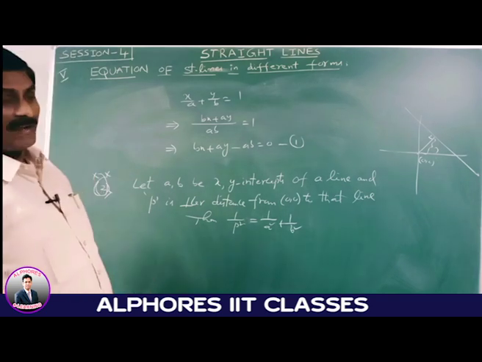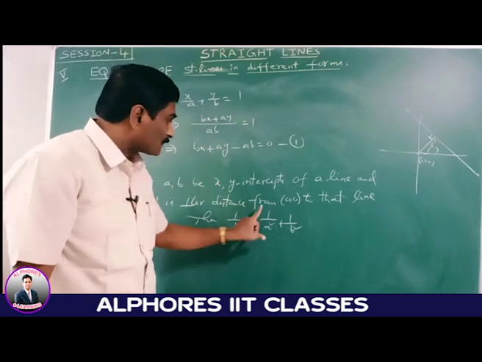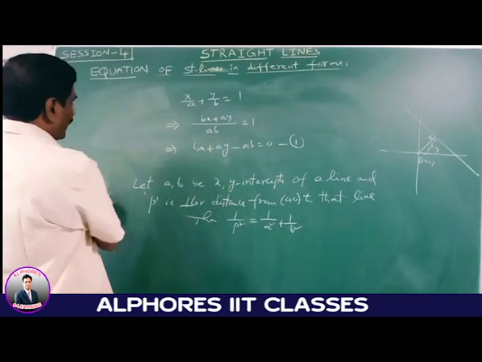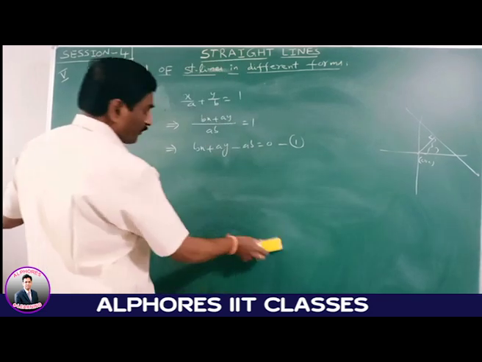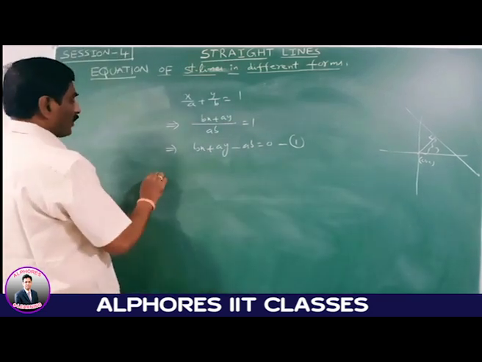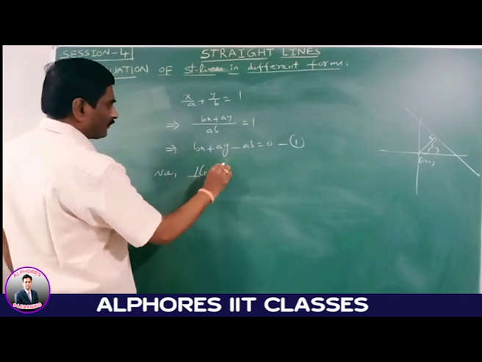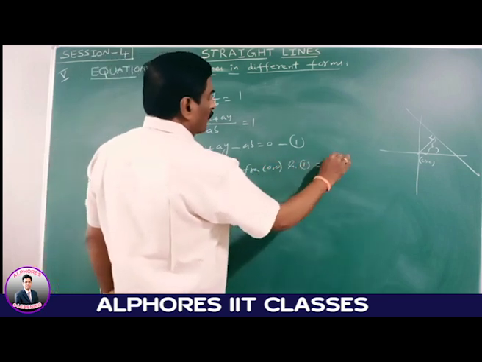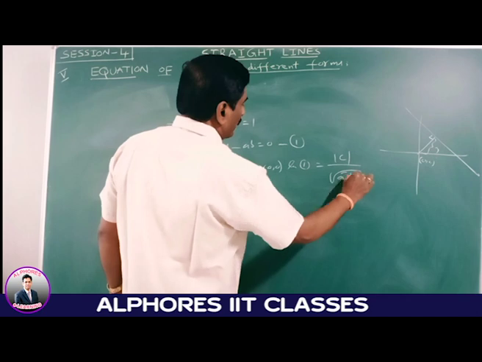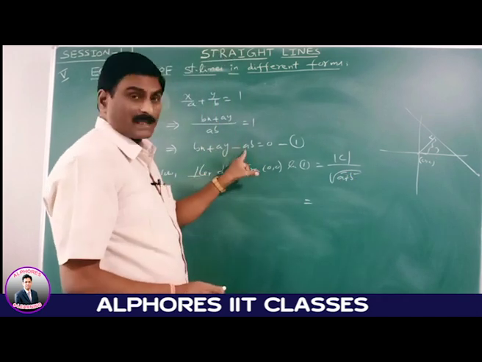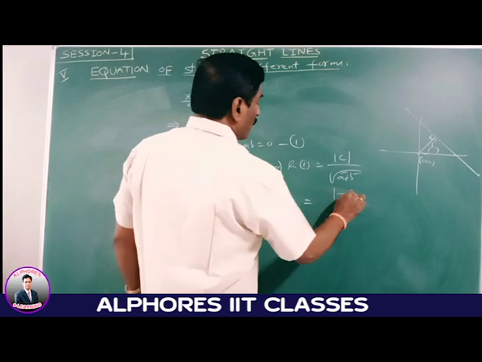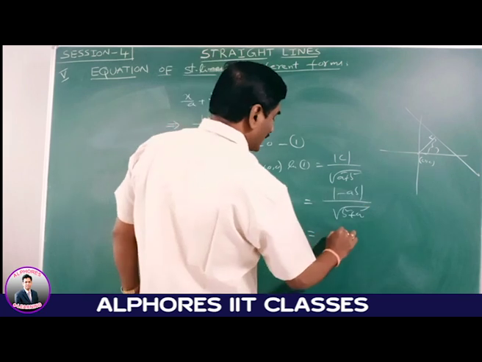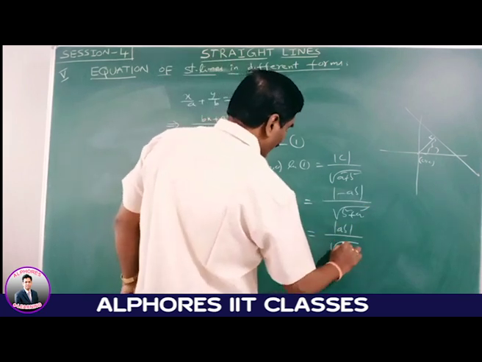Okay. From the given, the perpendicular distance from origin to this line is p units. Now we find the relation between p and a comma b. What is the perpendicular distance from origin to the line? Already we proved. Now, perpendicular distance from 0, 0 to line 1 is equal to mod c by root over a square plus b square. What is the value of mod c? It is in the form of ax plus by plus c. That means mod minus ab by root over b square plus a square, or a square plus b square. Mod x is equal to mod minus x. That means mod ab by root over a square plus b square.